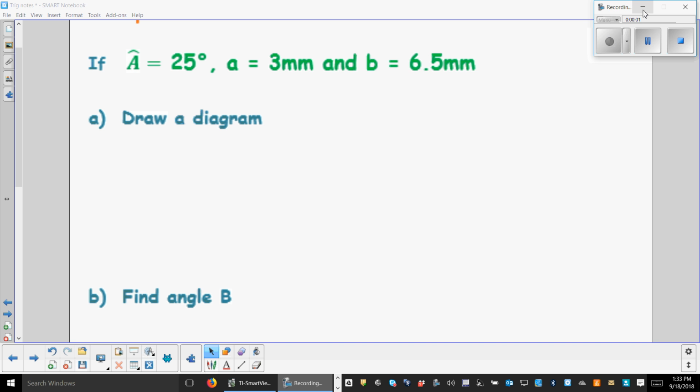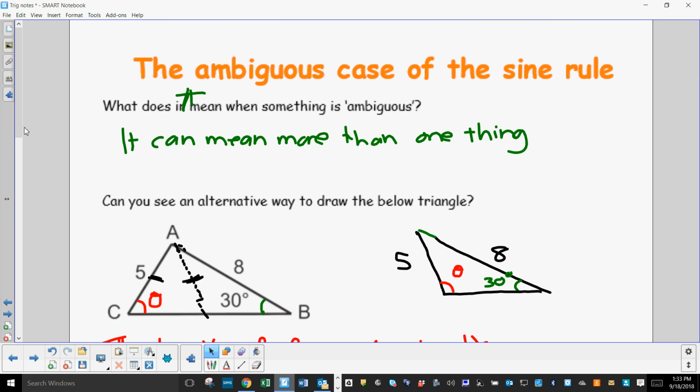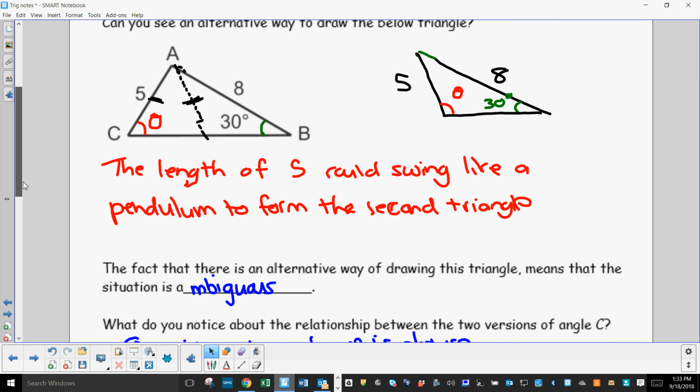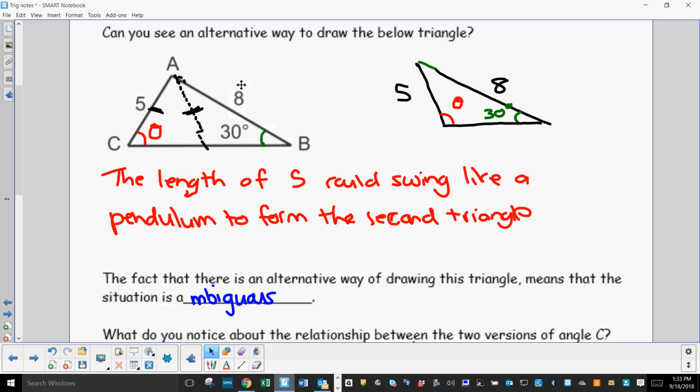From the next two examples, are they ambiguous or non-ambiguous cases? So if angle A is 25, side A is 3, and side B is 6.5, draw a diagram. Because there might be an ambiguous case with the two given sides, to be able to see if it's ambiguous, I sometimes try to set it up in this style. I draw the two sides on the top,